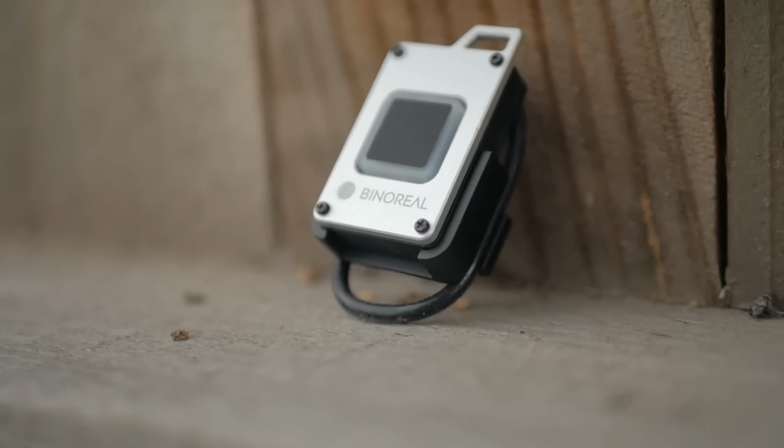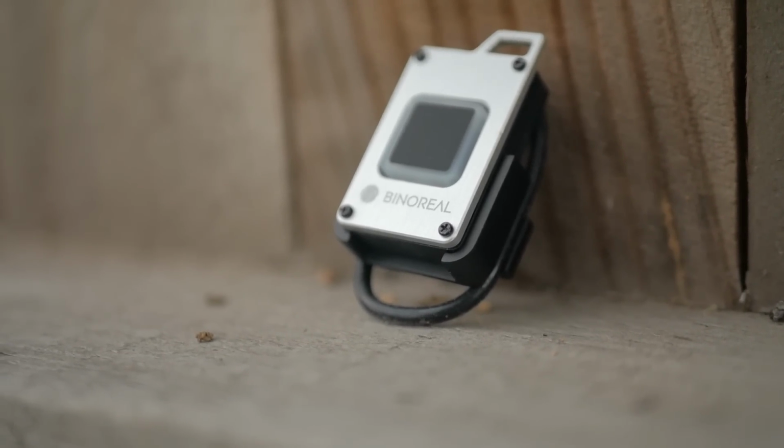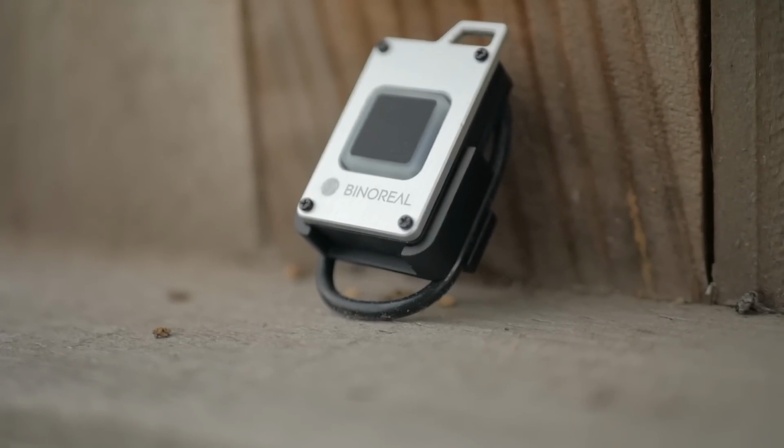And then there's the Bluetooth remote control that you can also use to cycle all of these features. Again, if this thing even worked. The rationale for the remote control is that it's safer because you don't have to take your hand off the handlebar in order to switch light settings. Sure, theoretically, keeping your hands on the bars at all times will be a little bit safer than occasionally taking a hand off to switch light settings, but this